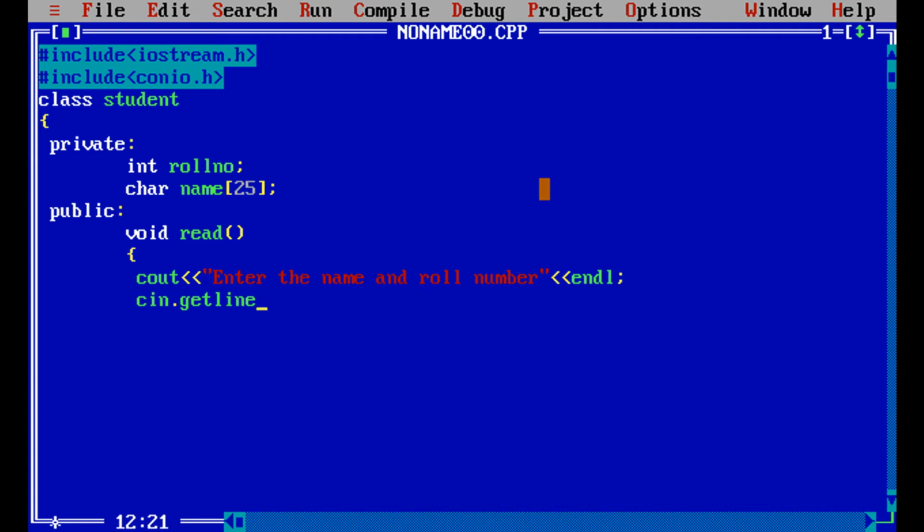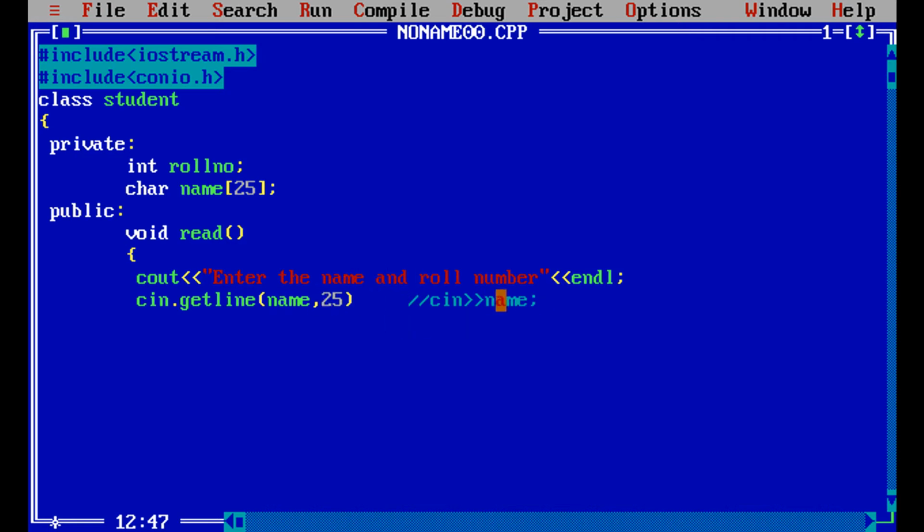I'll tell you what the use of the getline function is. With getline, how many characters should we read? The size of the buffer is 25 because we have given 25 here. At most that many characters can be read. Now the difference between getline and normal cin: when I write cin and the name, this is totally different.